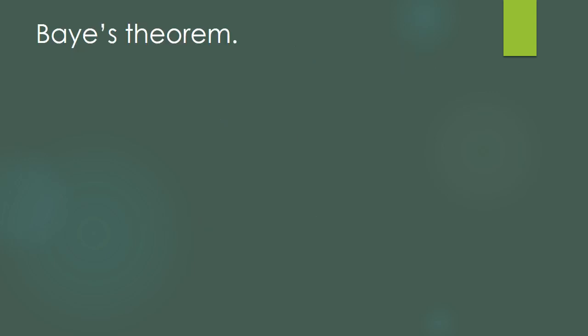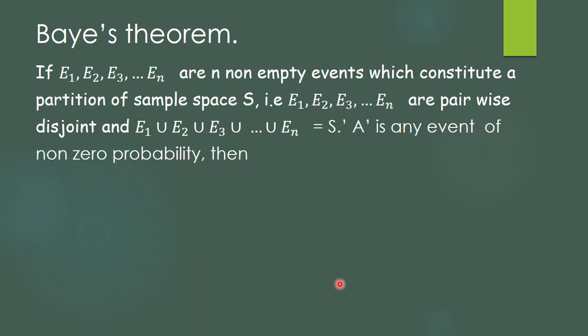Now we will go with the Bayes theorem. The Bayes theorem statement is: if E1, E2, E3 up to En are n non-empty events which constitute a partition of a sample space S, that is, E1, E2, up to En are pairwise disjoint and the union of E1, E2, E3 up to En is the sample space S, and A is any event having non-zero probability, then we get